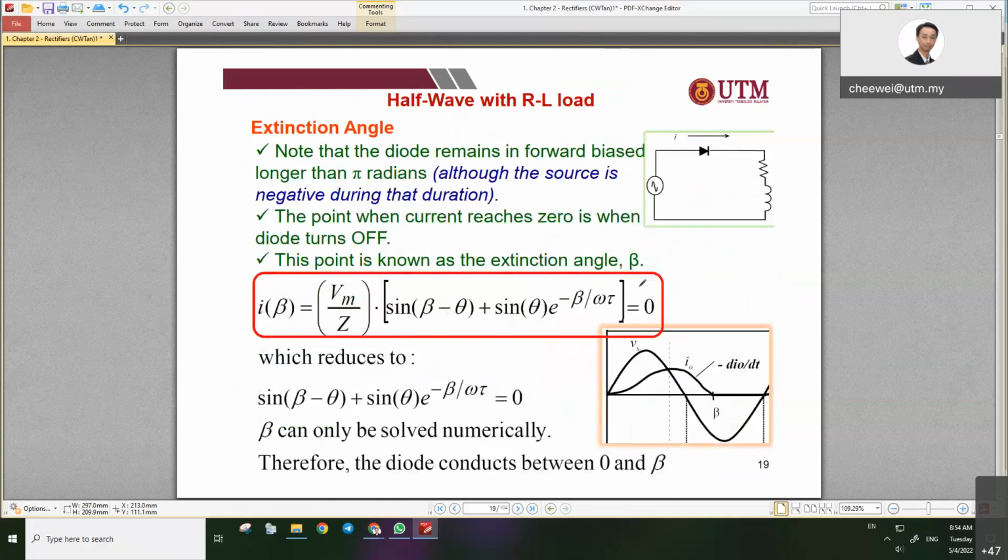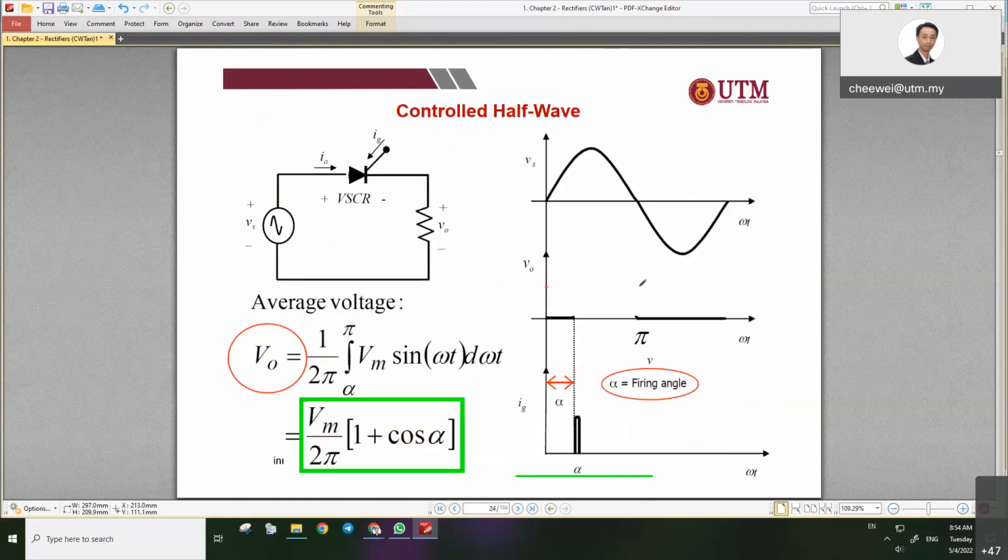Where's alpha? Here you are. If you look at the diagram of the sine wave, this is the input sine wave. So alpha is the moment we put the pulse. We send a pulse to the SCR, which is the gate signal. We send a gate signal at alpha. This is the angle of alpha. If this is 30 degree, then alpha is 30 degree. At the moment of 30 degree, the output will